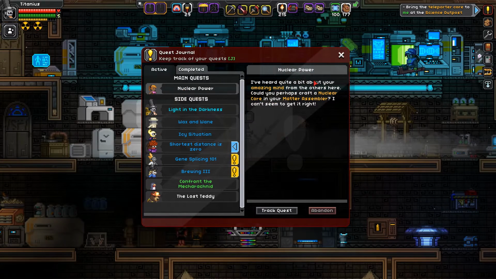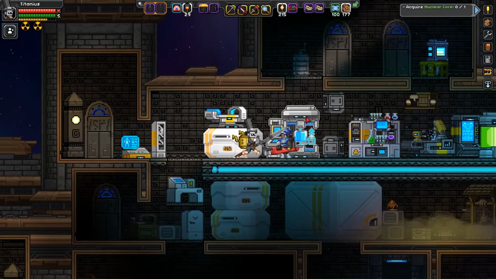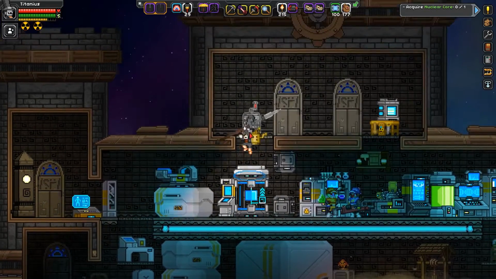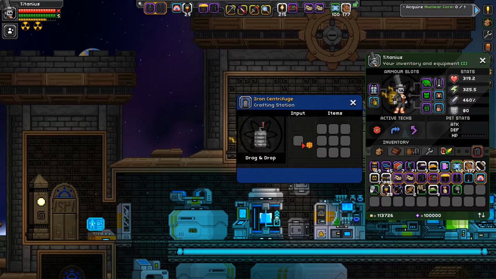Yes, okay. Now the nuclear core, huh? Now, how do I make a nuclear core? We have a matter assembler. Nuclear. I'm surprised I don't have access to it as of yet. This is weird to me. Alright, we'll just chuck you in there, and while we're waiting...